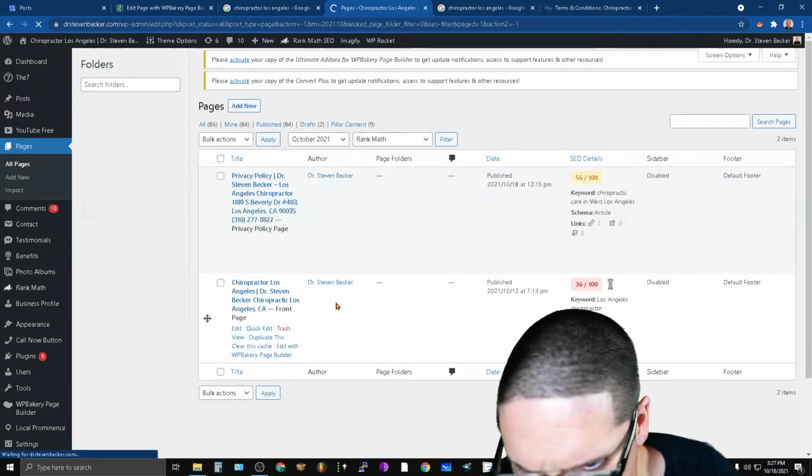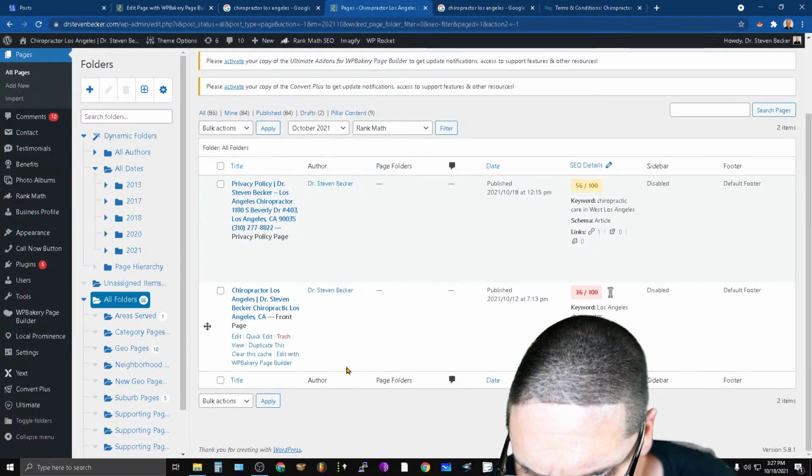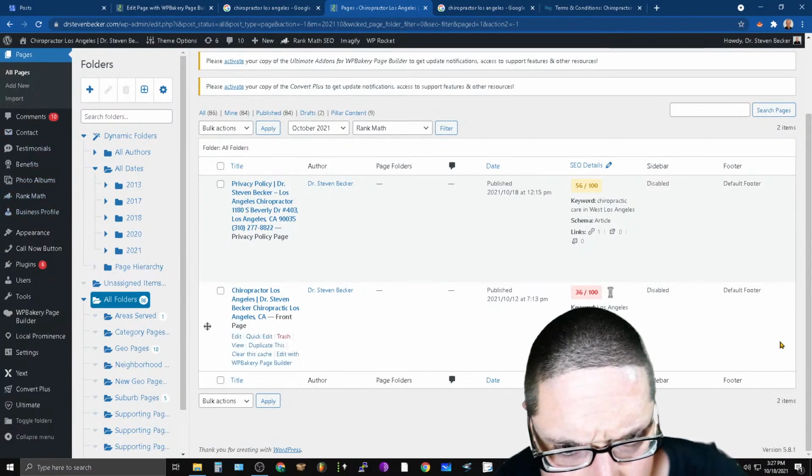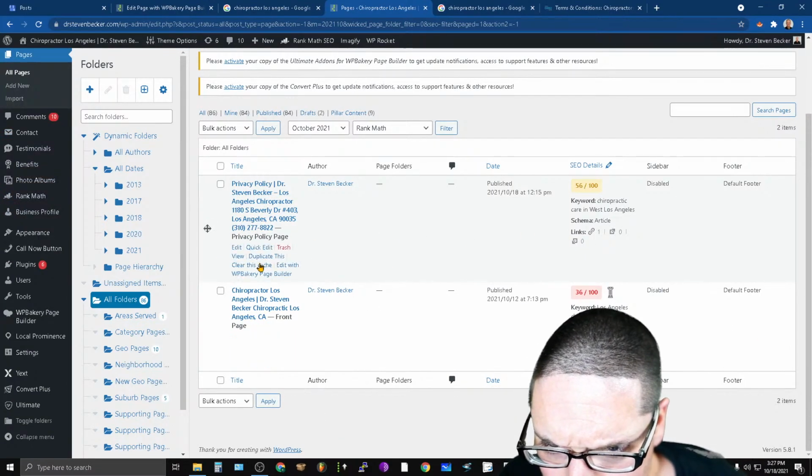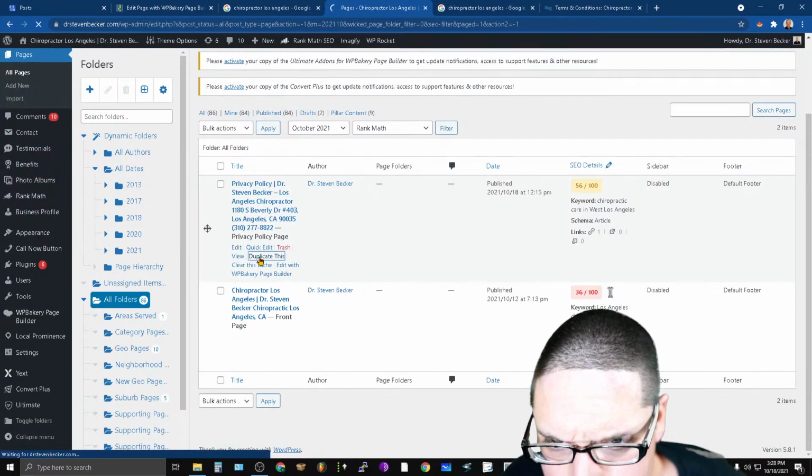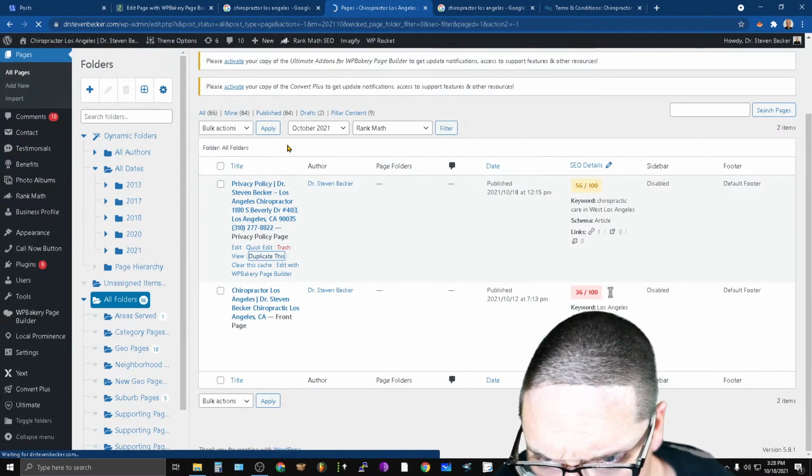Okay, so that's how this little thing works. So we're going to come inside of here. We have this front page. We have that. Good. All right. So now what we're going to do here is we'll just duplicate this page. It'll go to draft and we'll just do it again.